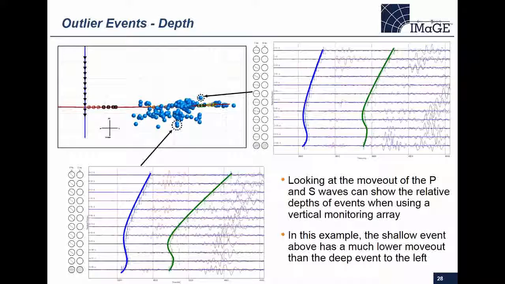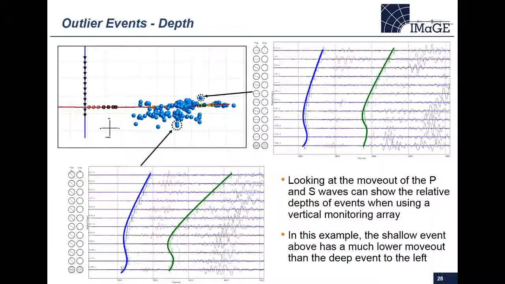All right, so the next thing you might want to look at is outliers in depth. Again, this project didn't have anything too crazily shallow, but it did have a bit of deep events, so we'll be able to compare something that's shallower on depth to some deep events. And this method is really only useful for using vertical arrays,